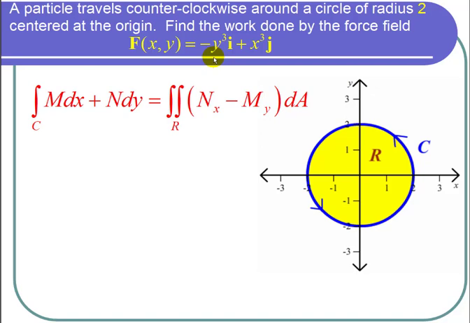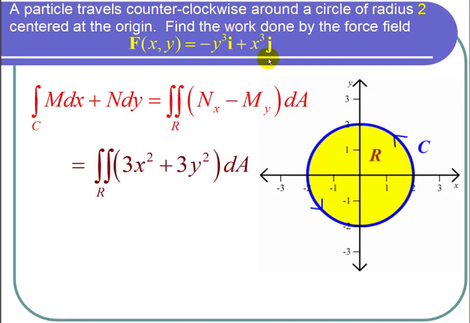We take the partial derivative with respect to x of x cubed and get 3x squared. And for M sub y, we take the partial derivative with respect to y of negative y cubed. That's equal to negative 3y squared, and we're subtracting a negative 3y squared, so we get plus 3y squared. So we now know that the work is equal to the double integral over the region R of 3x squared